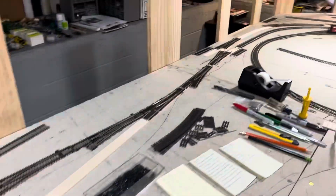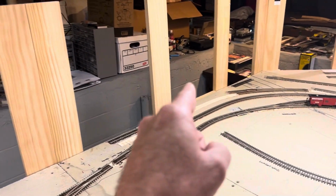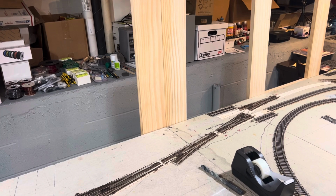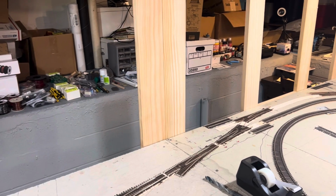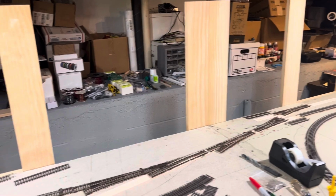And then, of course, down on that end, that curved turnout goes back to that staging area, which is going to be the Seaboard Coast Line interchange. Not L&N, Seaboard Coast Line. So, off to the east of us. So anyway,